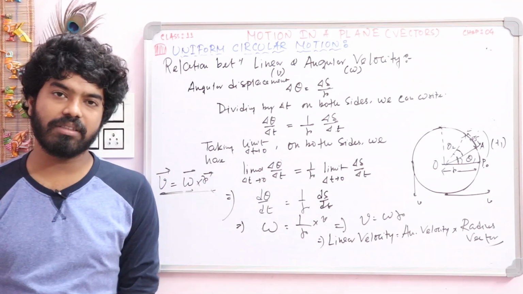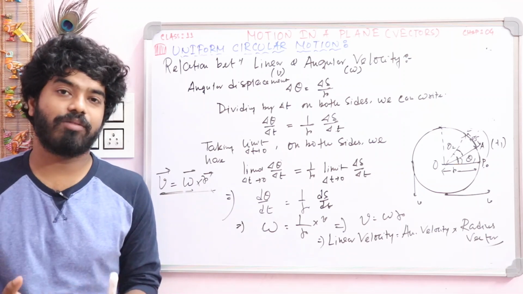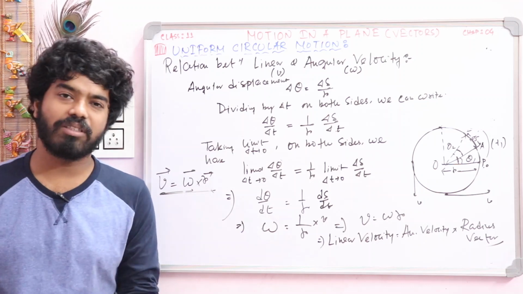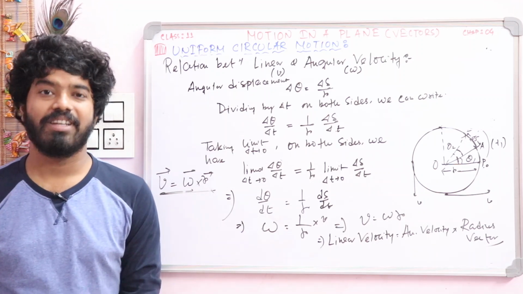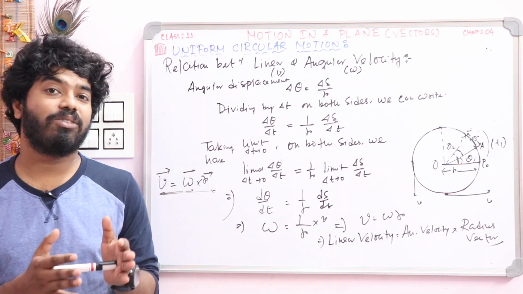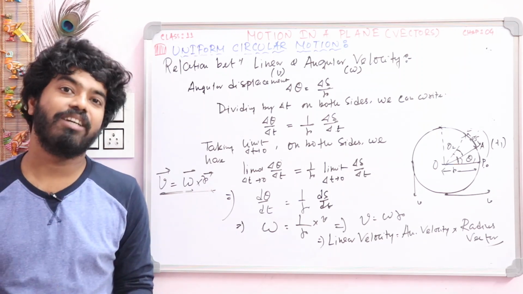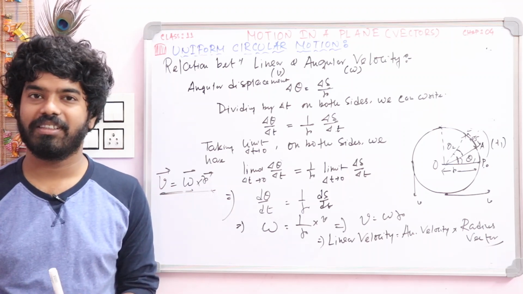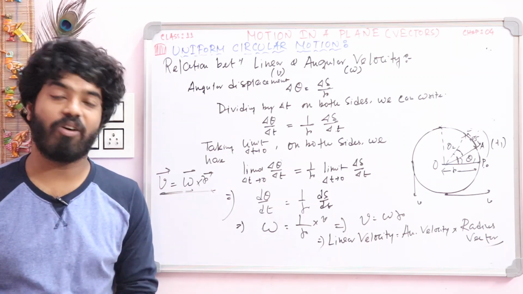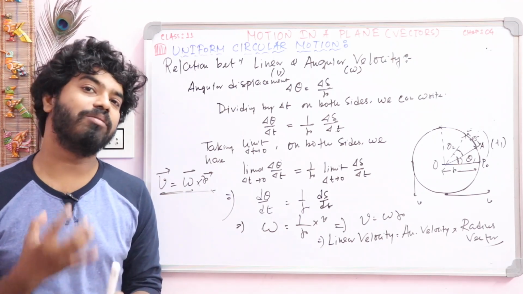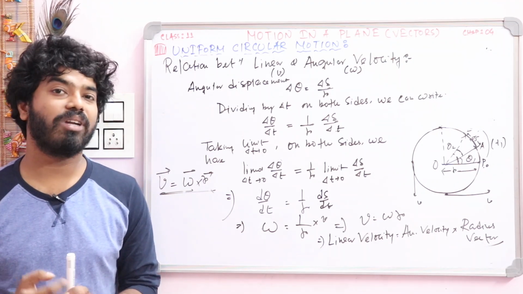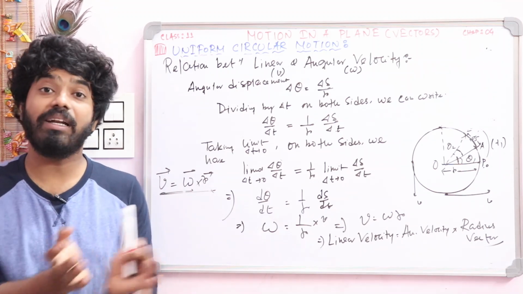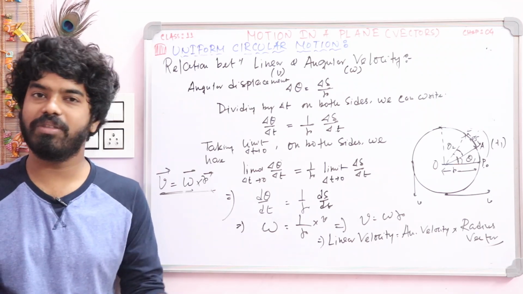Now we will discuss the basic part: what is the meaning of time period, what is the meaning of frequency, then the relation between time period and frequency. So what is the meaning of time period? Write it down, students. Time period means the total time taken by a particle or by a body to complete one revolution in a circular path. This is known as the time period, and time period is denoted by symbol capital T. So obviously the unit will be second.